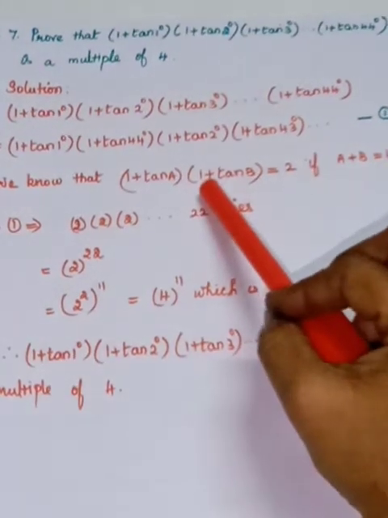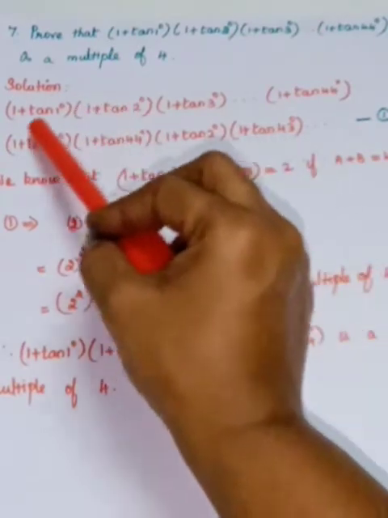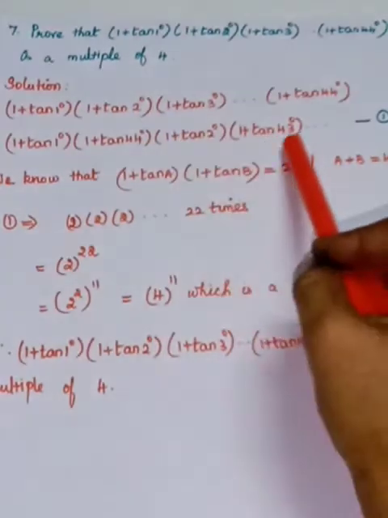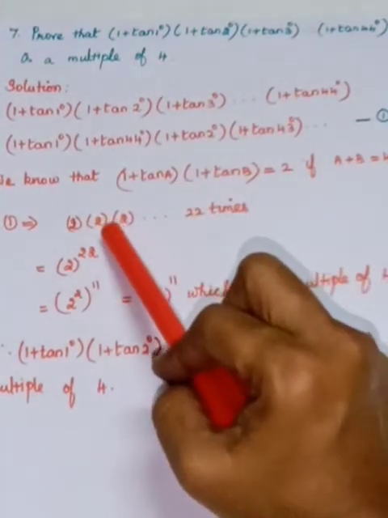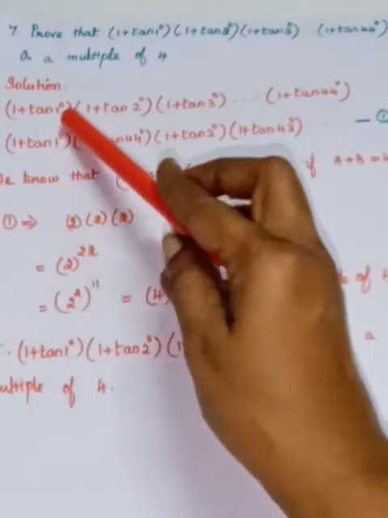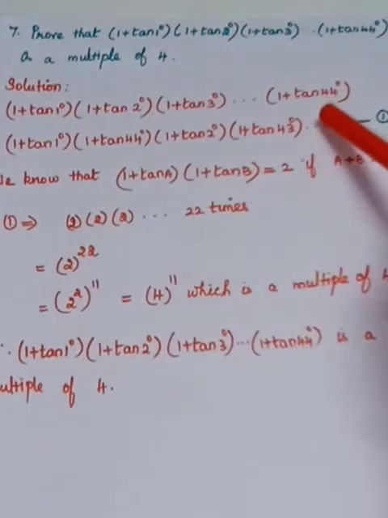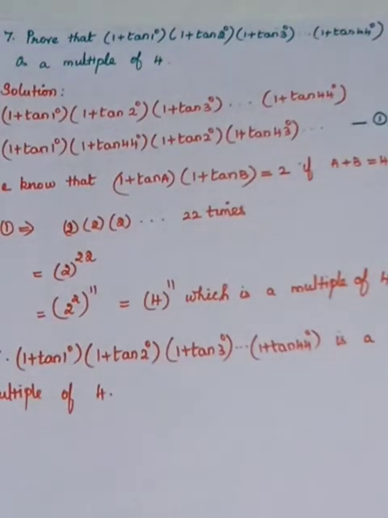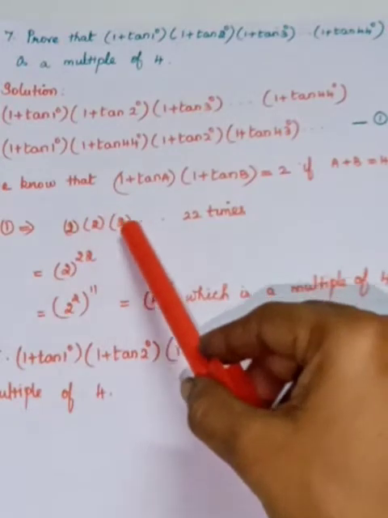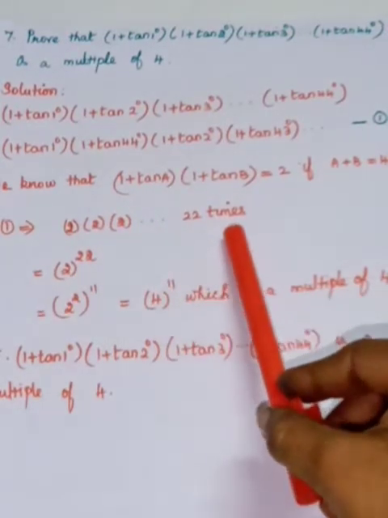So from this result, the product of the first and the second term is 2. And the same way, the product of the third and the fourth term is 2. Okay, so here, how many terms are you having? Starting from 1 degree to 44 degrees, totally you will have 44 terms. Yes or no? So 44 terms, if you combine two terms together, we will get totally 22 terms. So 2 into 2 into 2, etc., up to 22 times we have to multiply.